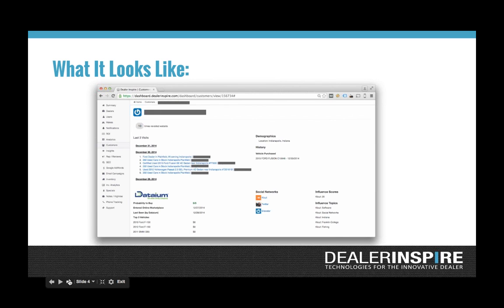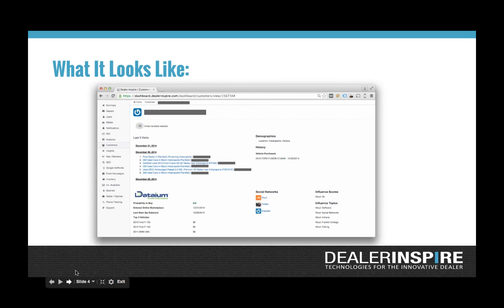So that includes intensity score. So what is your probability or propensity to buy at this time based on the kind of research you've been doing in the websites you've been on? Also, when did Dadium first see you? When did you enter one of their automotive websites and really start your search? And maybe the last time that you were seen on one of those sites outside of your Dealer Inspire website. I think that's really powerful too.